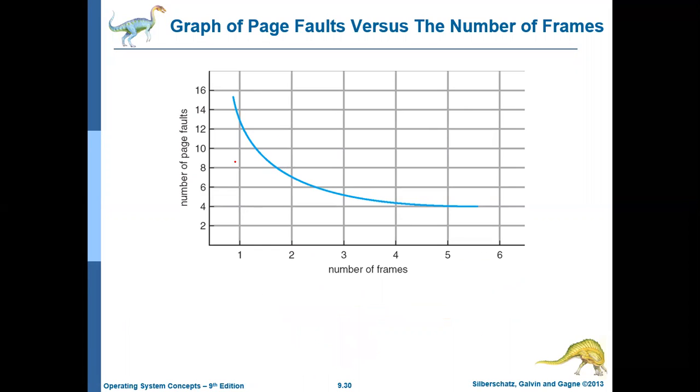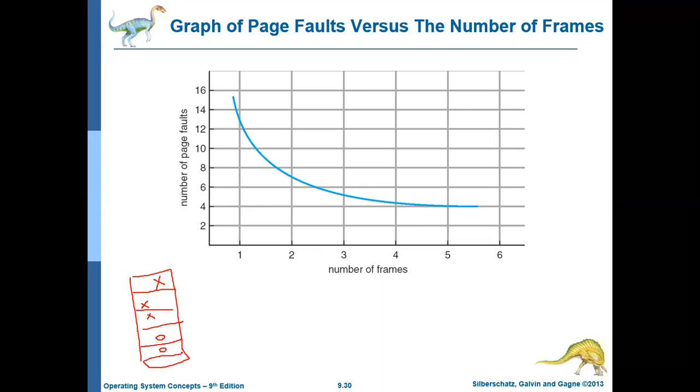Before that, we'll try to understand this graph. Say in the main memory there are many free frames. Some of the frames are occupied and some of the frames are free. Whatever is occupied, I'm marking as X, and whichever is free, I'm marking as O. So this O represents free frames.